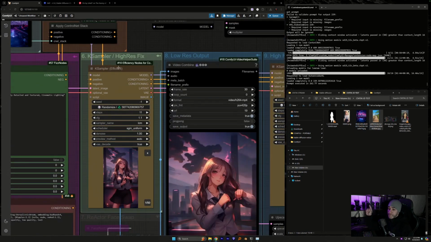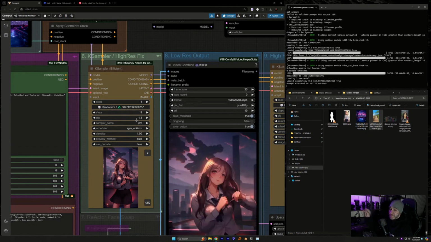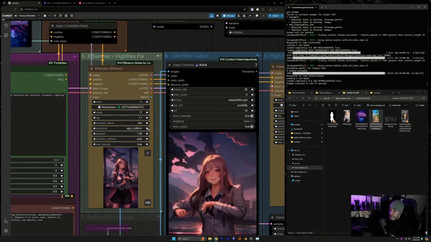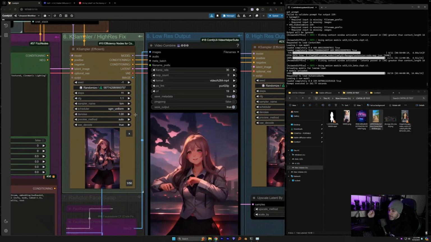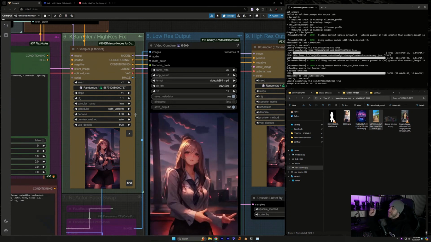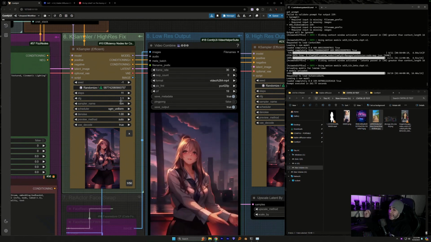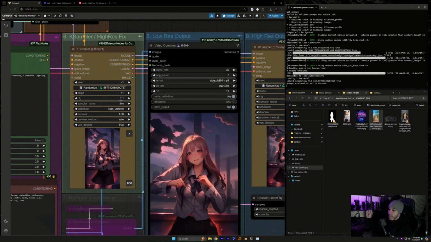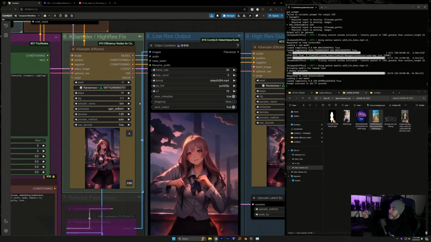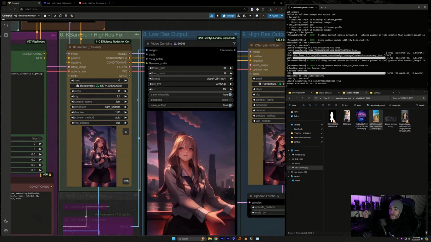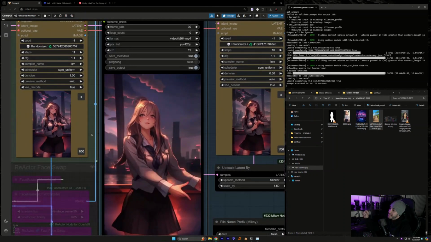Our first KSampler. The sampler and the scheduler have to be specific because we are using LCM. That being said, if you want a little bit more detail and more vibrant colors, I would push the CFG as high as 1.8, but 1.1 to 1.5 is really the sweet spot. And then we do 11 steps on this first one. And as you can see, this is pretty good.